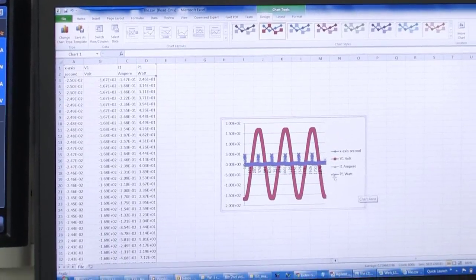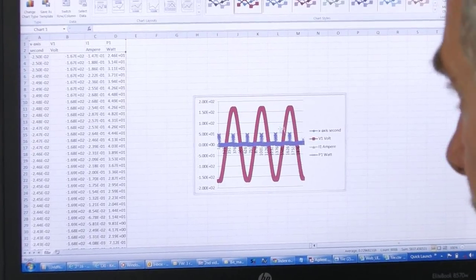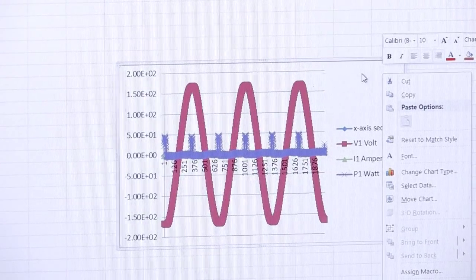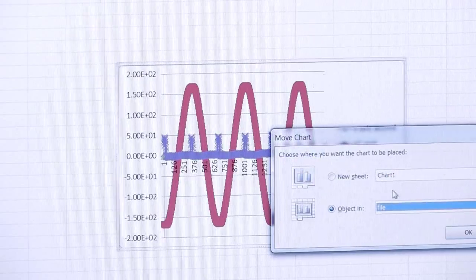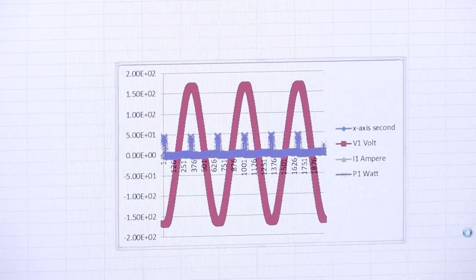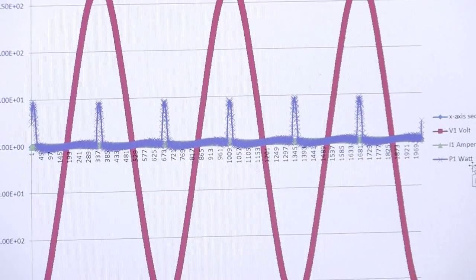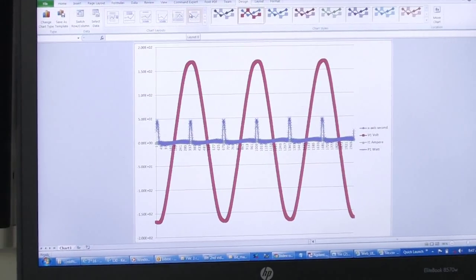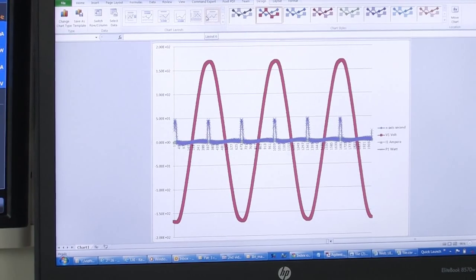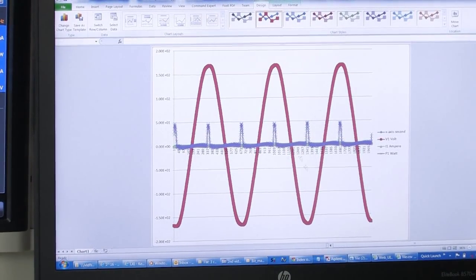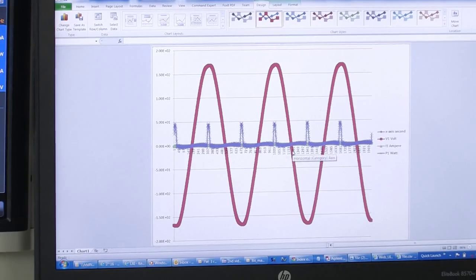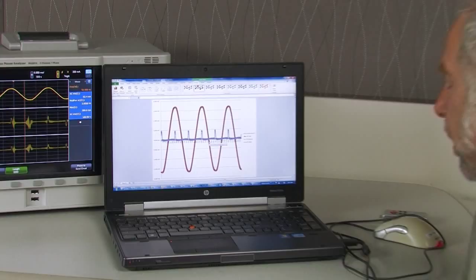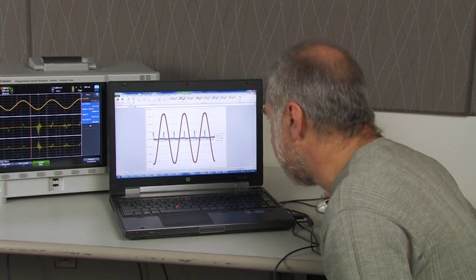Here you can see I have the voltage waveform, I have the current waveform, and I could zoom this in and make this bigger. And there you have it. You can adjust the scaling on these. Right now I'm showing voltage, current, and power. The scales should be adjusted a little bit to spread out the waveforms. But I've captured the waveforms, and then I can blow these up and look for the glitches.